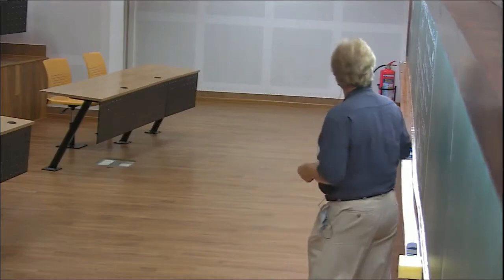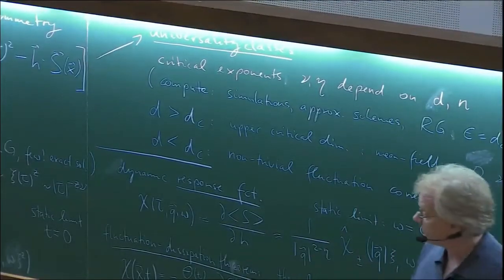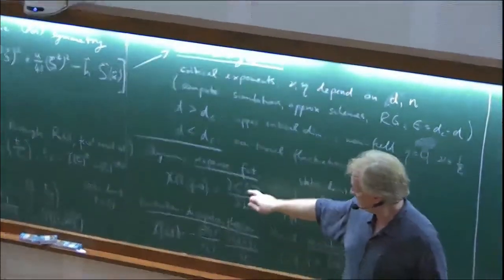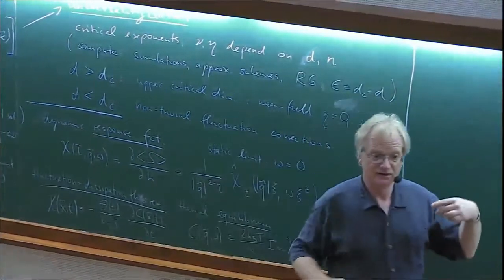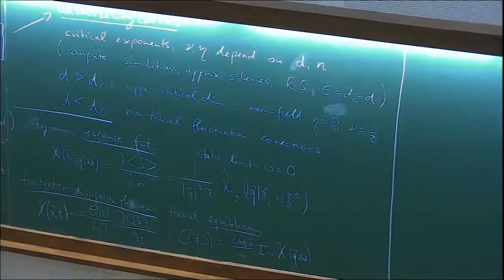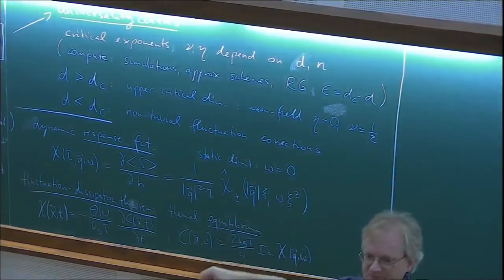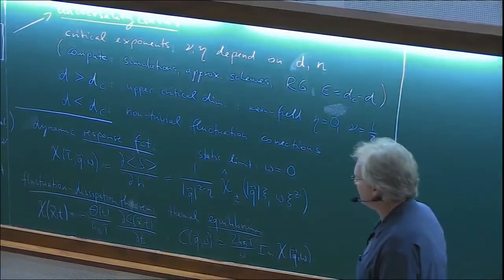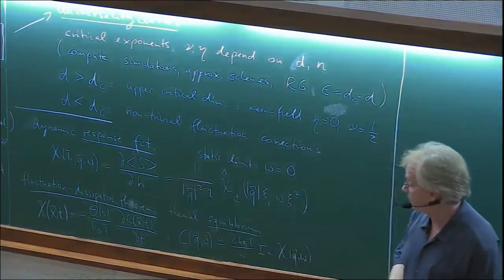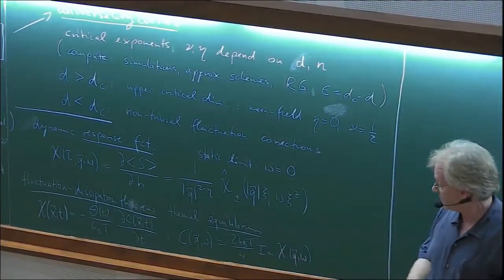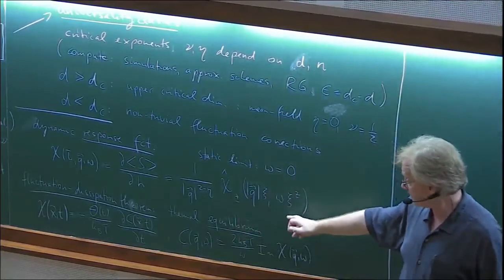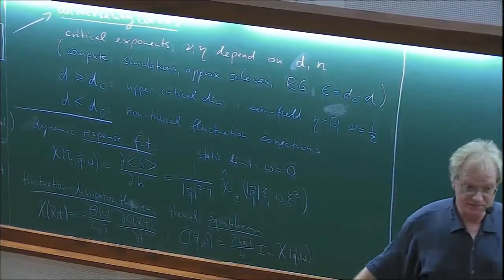Another quantity we're going to look at is dynamic response functions. If I do this in Fourier space, q and omega, this is nice because I just need to take the order parameter at these Fourier components and take a partial derivative with respect to the external field at the same Fourier components. If I do this in space and time, it's a functional derivative of c of x and t by h of x prime and t prime. So things are easier in Fourier space, which is why I wrote this down. Then I can write down an analogous scaling form for dynamical response functions, pulling out this factor, which is again the static behavior of the static response function, the thermodynamic susceptibility, and then I get the usual kind of arguments.